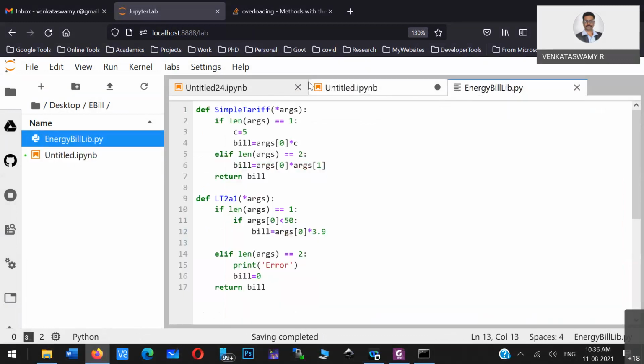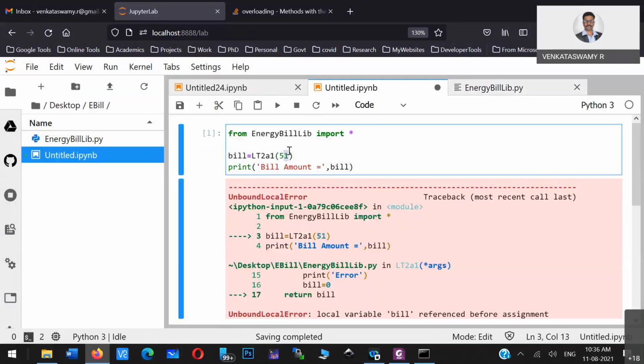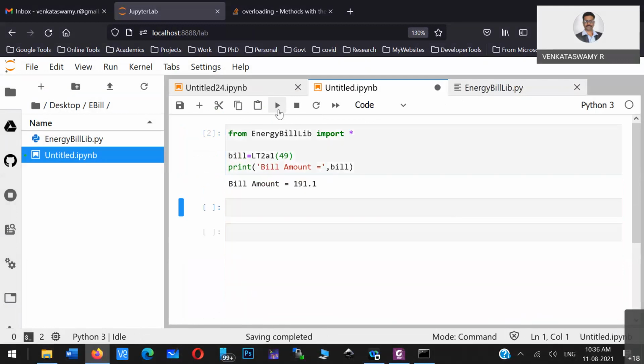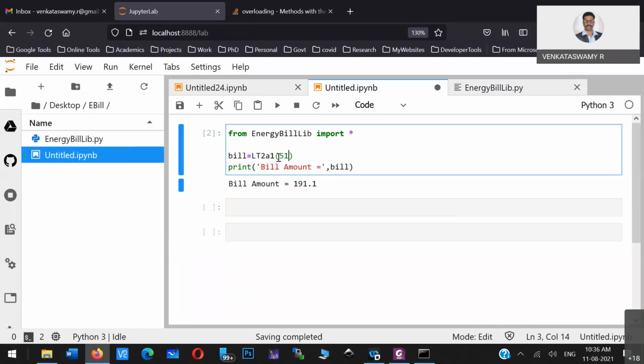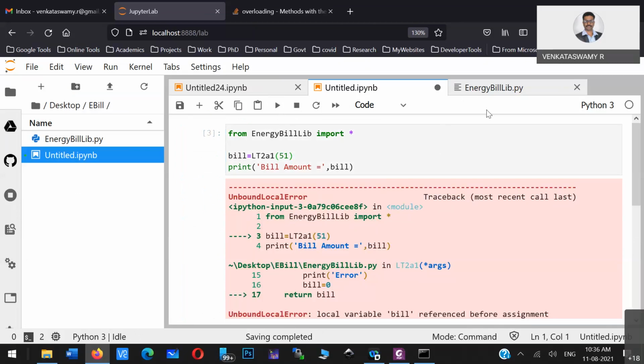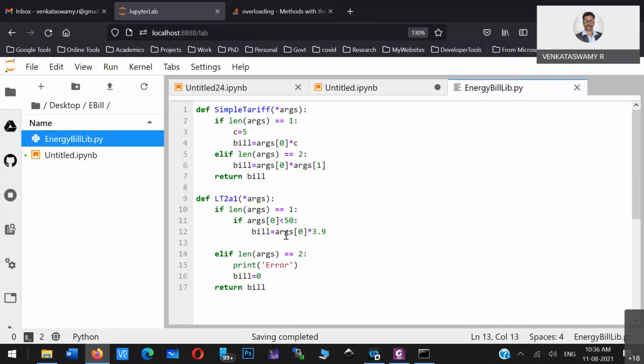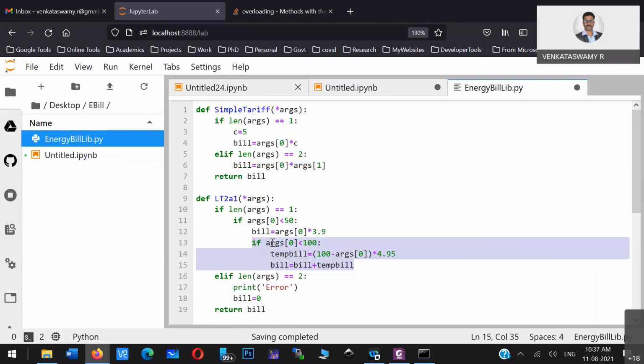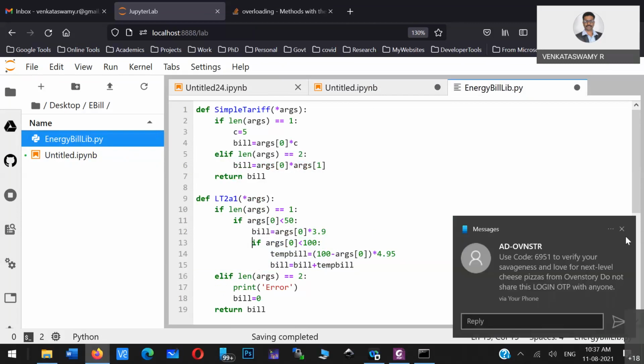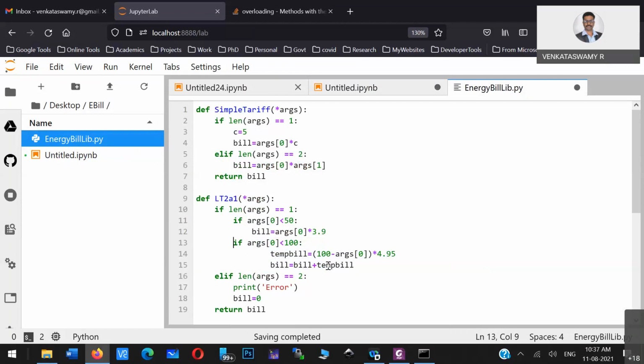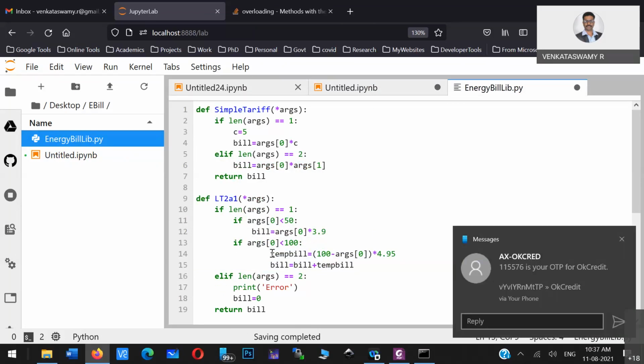Okay, so the 51 is the problem. So if I give 49, yeah, 49 is fine. 51 is the problem. So whenever it is less, okay. Here, what is happening? That is not at all going inside that particular block. When it is less, it works, but when it's greater than this one, then it is not going inside this. So what we have to do is bring this particular function into the main, correct?